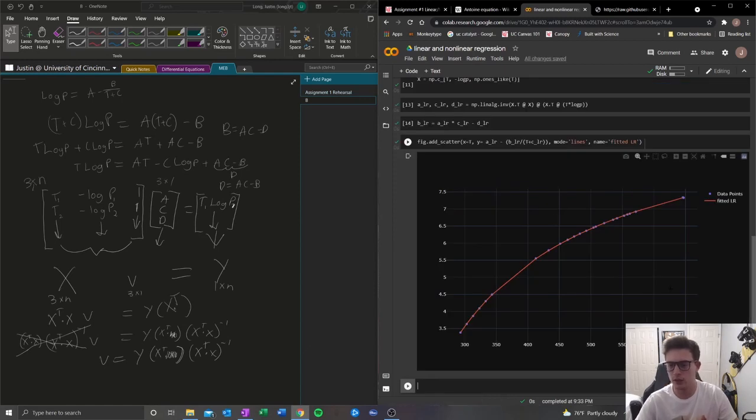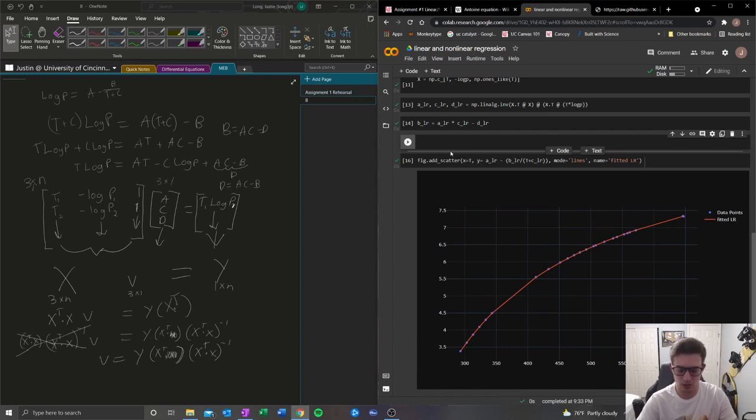Alright, so now we've got our plot, our fitted linear regression data looks good, but we see that the lines are just connecting our data points. It's not like a nice curve. We don't know with better accuracy what pressure would lie at, say, 375 degrees. So we are going to add in a little line of code